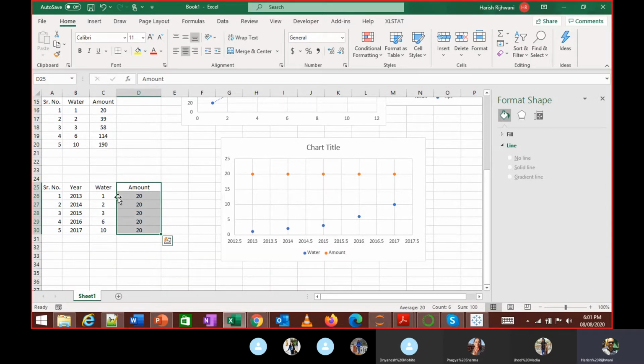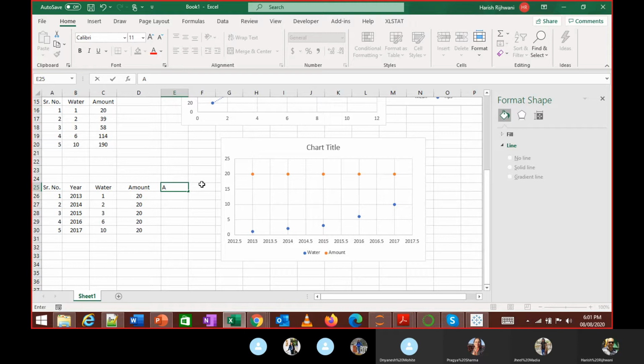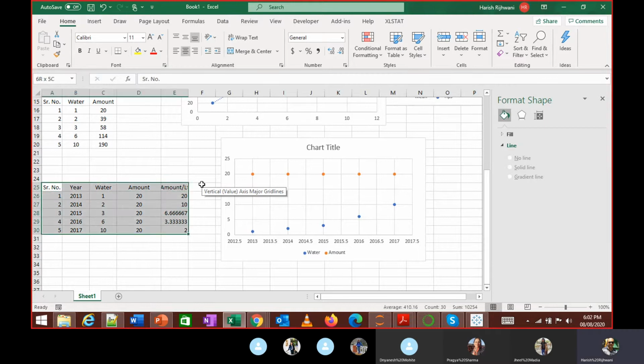The amount is fixed. But if I look at this, instead of plotting this, I would rather plot amount per liter. There is a reduction in the amount per liter by year.